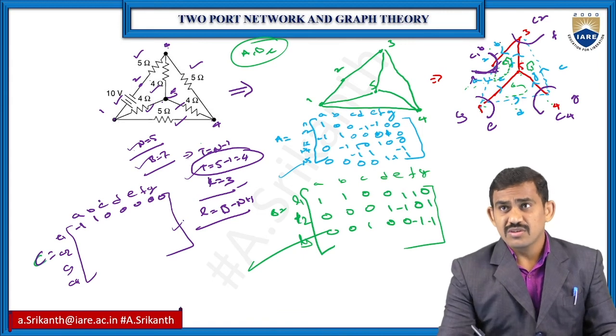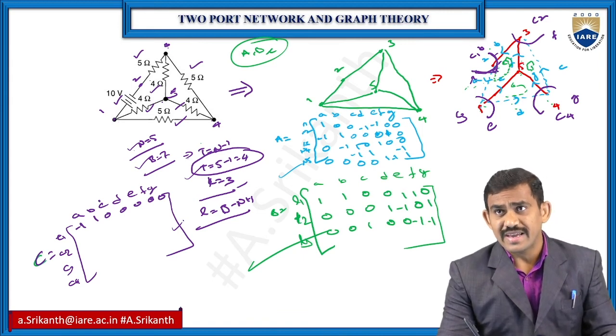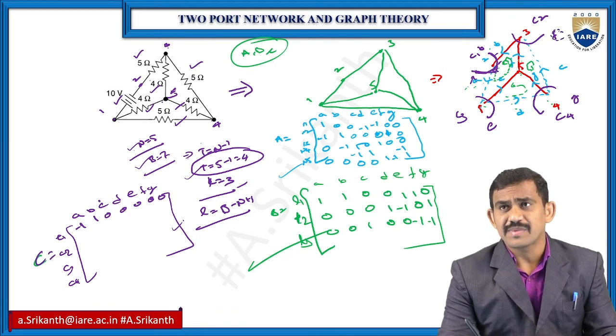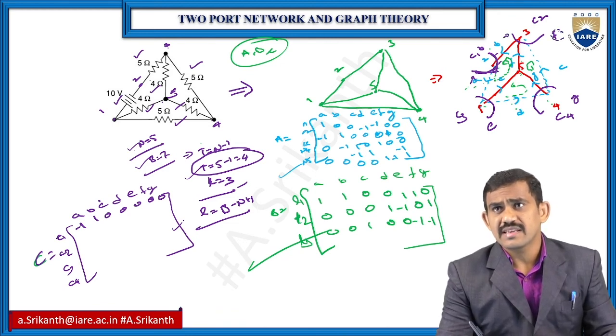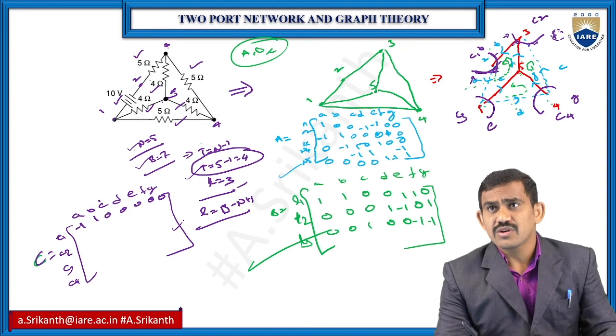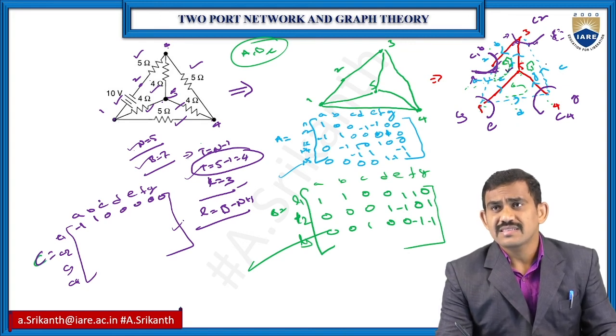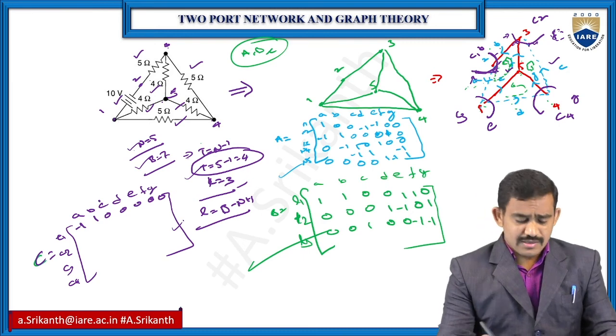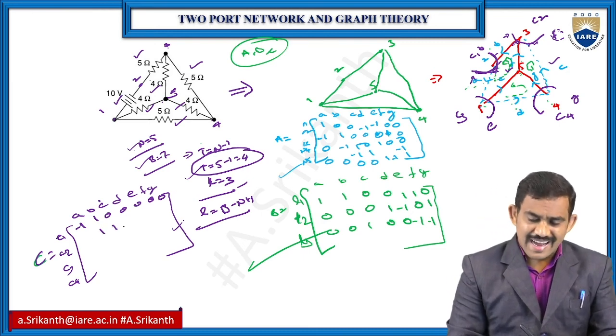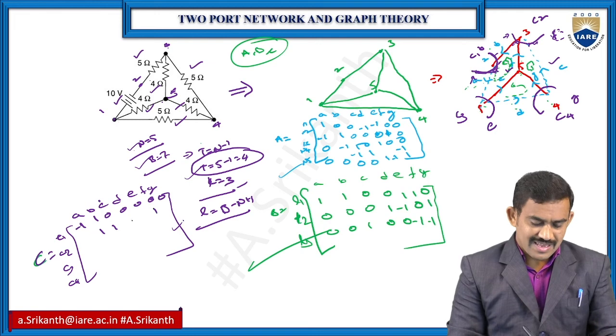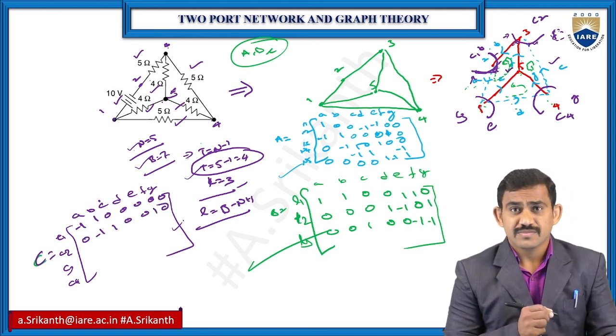Coming to C2, if I observe C2, I need to use the F branch. F branch is incoming. Incoming means here incomings are positive. Which are incoming? F is incoming as well as C is also incoming. And D is outgoing. So B, C and F. F and C are incoming. B is outgoing. So remaining are zeros.